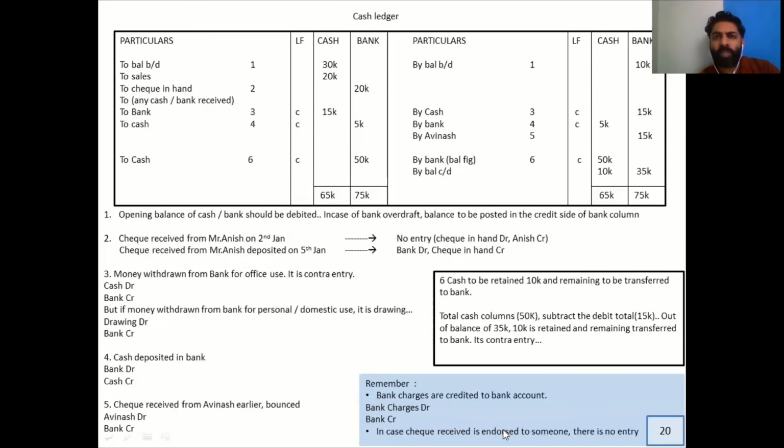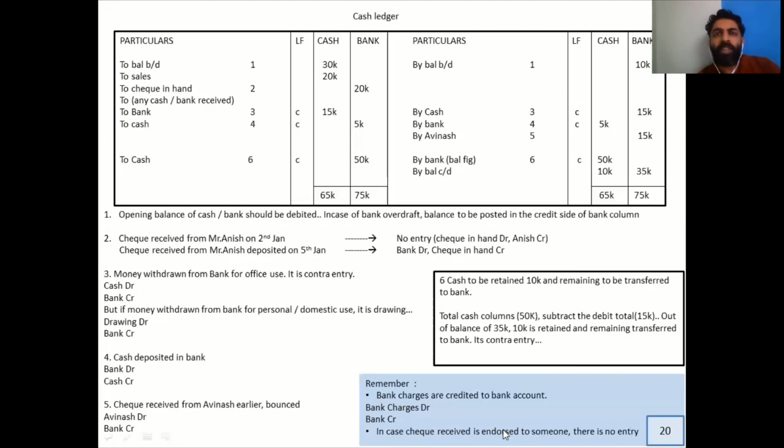Now the last thing is endorsement of check. What is endorsement? You must have heard this word endorsement, right? This film star endorsed this product and that product. Okay, now that has nothing to do with this endorsement. This endorsement means you're endorsing what you got to somebody else. For example, I got a check from Mr. X. Now, what did I do with that check? I did not go and deposit it in the bank. That check, I gave it to Mr. Z, to whom I had to give cash.